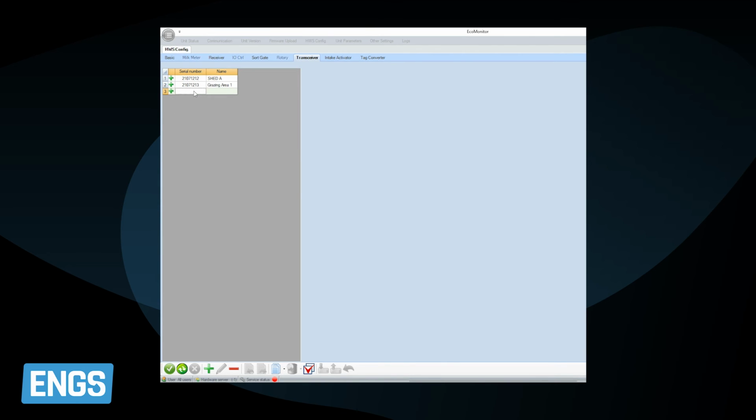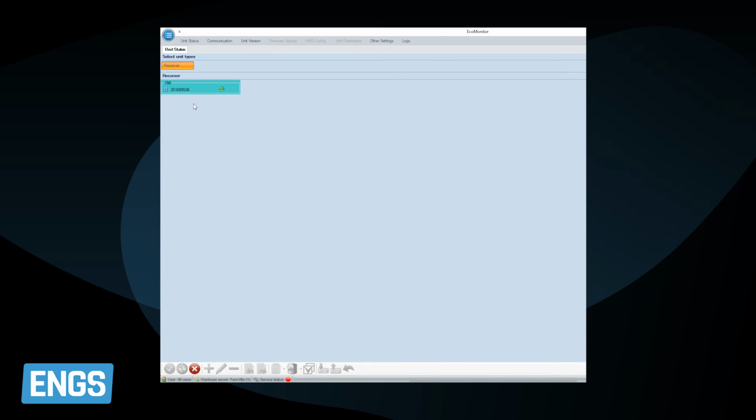When you have completed entering all of the components in the system, click on the Apply button. The system will automatically return to the Unit Status tab. Here you will see the receiver status. The receiver status should appear in green, which indicates that the communication is working and is ready to receive data. If there are tags within the reception range, you will already see the tag ID numbers flashing on the green background next to the receiver icon.